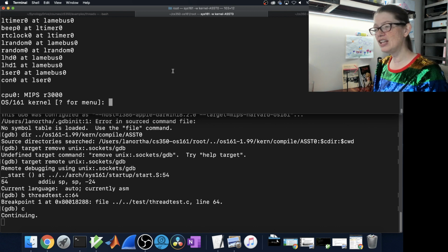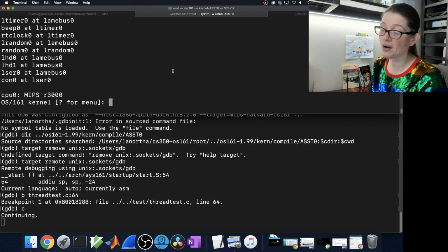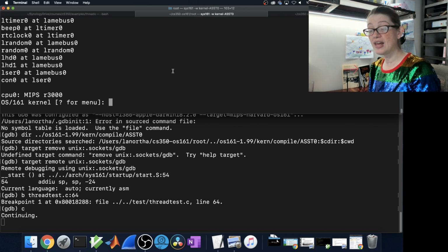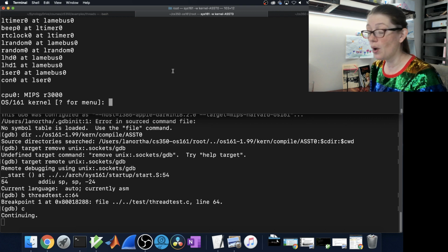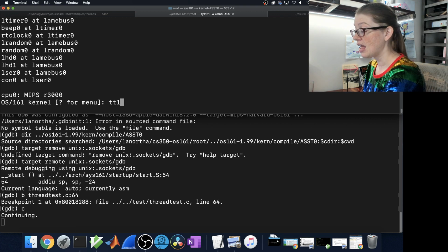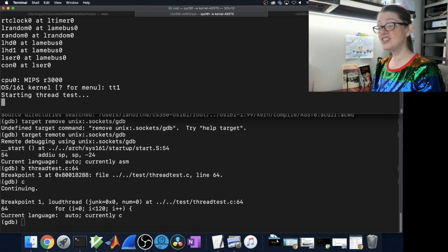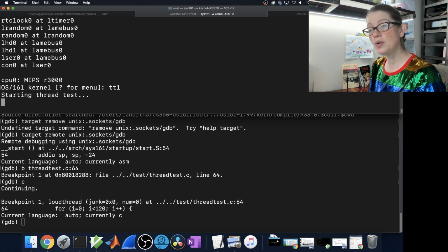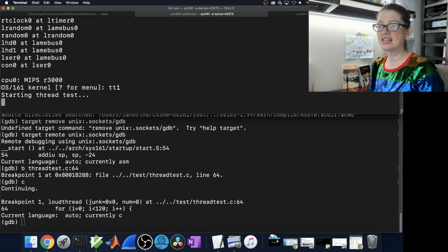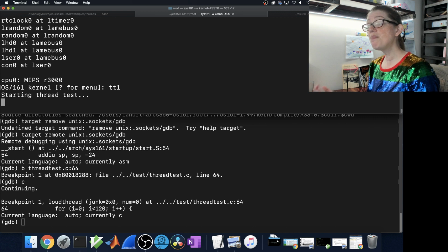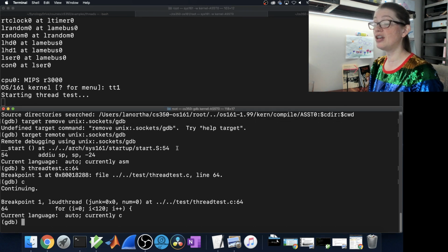Now, the breakpoint, you'll notice, hasn't been reached, and that's because it's in a program that we haven't actually run yet. So what I'm going to do then is I'm now going to run thread test 1. And when I run thread test 1, you'll see that the OS 161 window is starting thread test, and then it pauses. And it paused because if you look at the GDB window, we reached our breakpoint on line